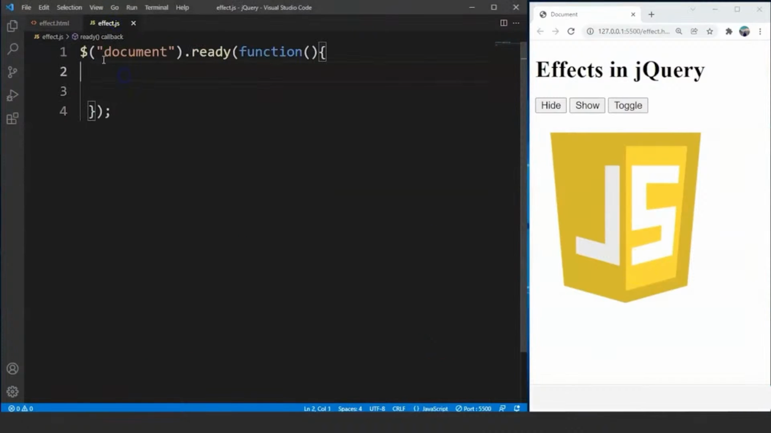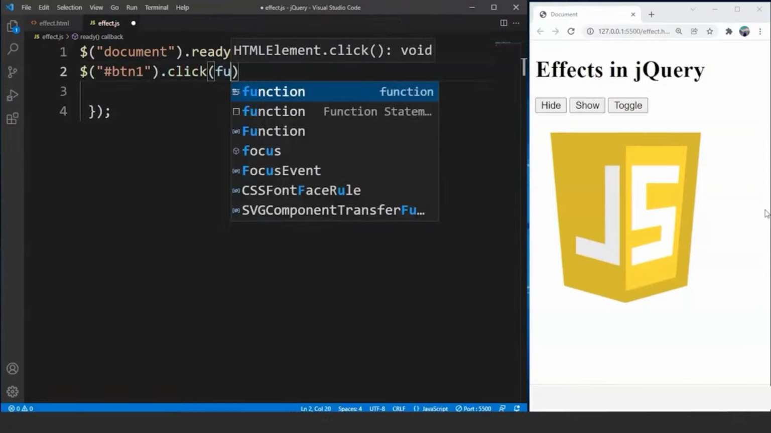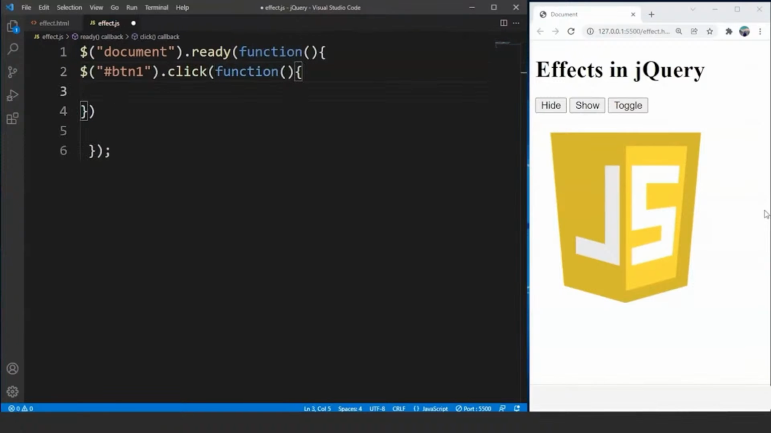So here's a JavaScript file and we have the ready function already. We'll write code inside this particular event only. Now what we'll do is we'll write dollar, and then button 1. We'll access this button with id btn1. Then we'll write click is the event, and we'll write function, and the function is going to be an anonymous function. Fine. Next up we'll write dollar. Then we'll access the image with id as img1. Then we'll write dot hide,